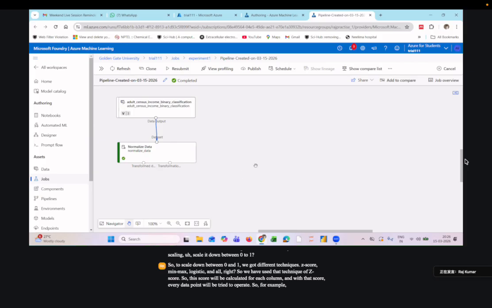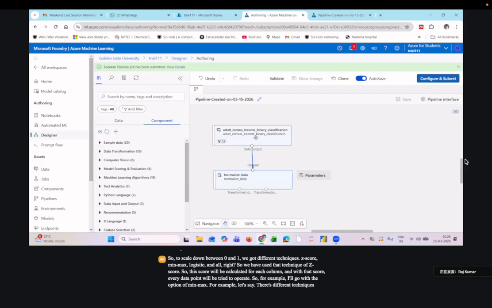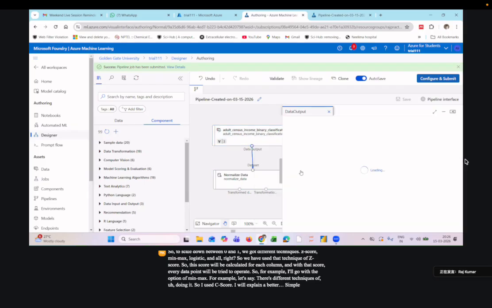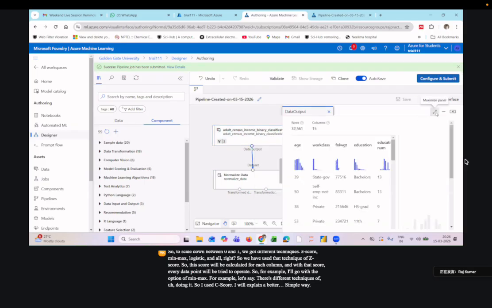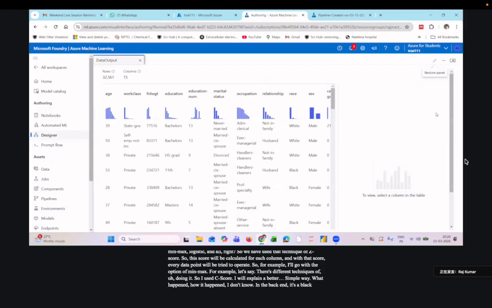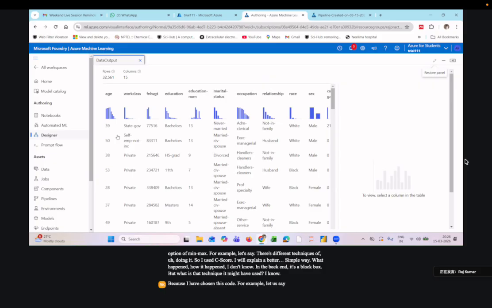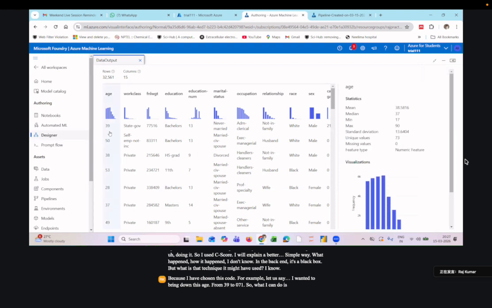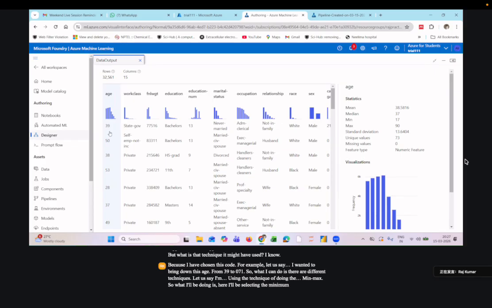For example, let's say I go with the option of min-max. There are different techniques of doing it. I used z-score, but I will explain in a simpler way. How it happened in the backend, I don't know, it's a black box. But I know what technique it might have used, because I have chosen the z-score. For example, let us say I wanted to bring down this age from 39 to 0.71. There are different techniques. Let us say I am using the technique of min-max. What I'll be doing is selecting the minimum value and maximum value, and with that difference I'll